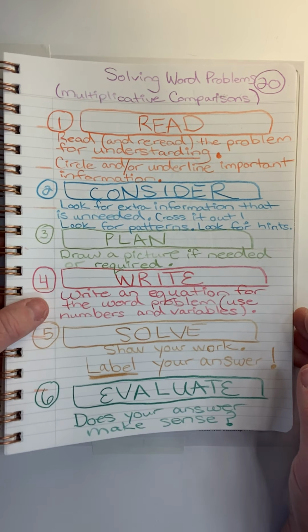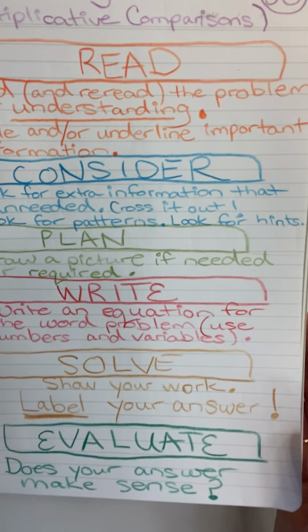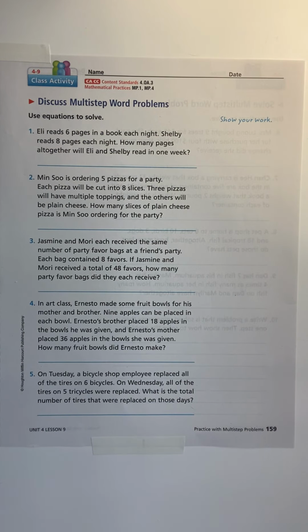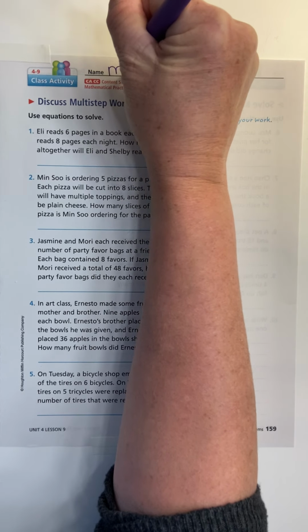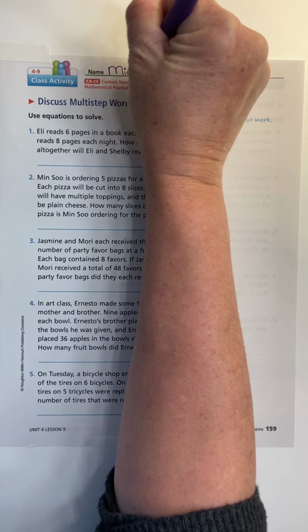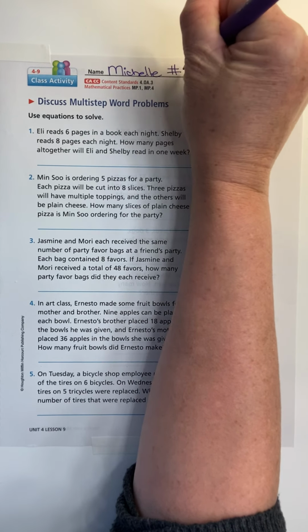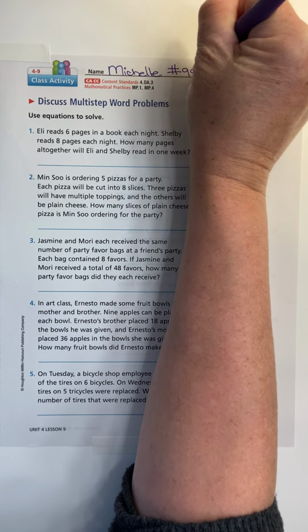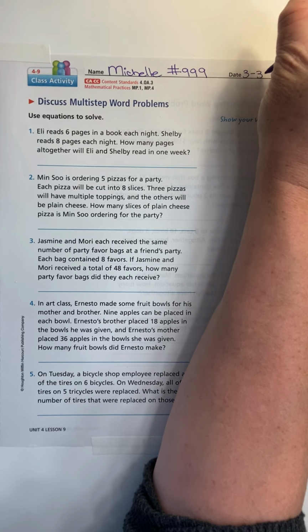Okay, so now that we've looked at these steps and remembered the steps to solve word problems, we're going to do page 159 together. So I'm going to use pen because it shows up better, but I'd love for you to please do your math work in pencil. So we want to get into good habits by putting our name and number at the top. And today's date is